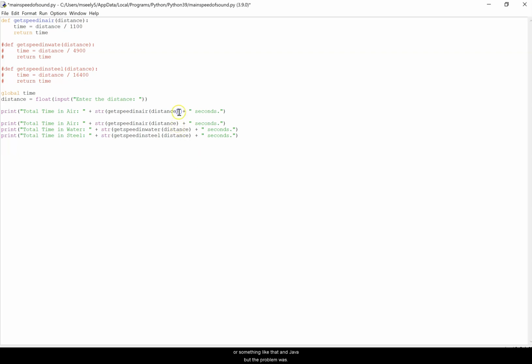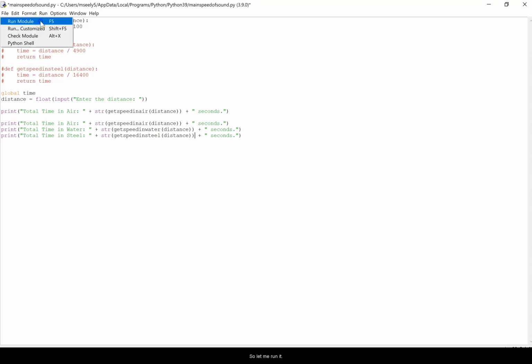But the problem was, I opened the get speed in air and I closed it, and I opened up this string, but I never closed the string. So I was getting this end of file while parsing. It only took a few minutes for me to figure it out, but I didn't want to waste your time on the video. Alright,